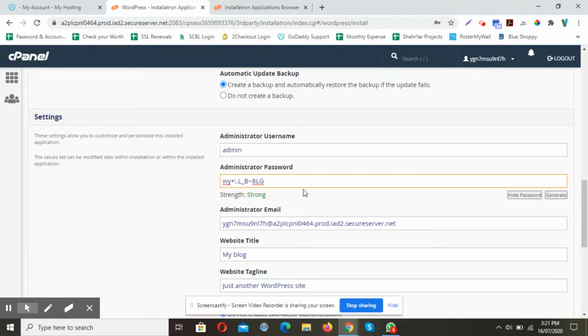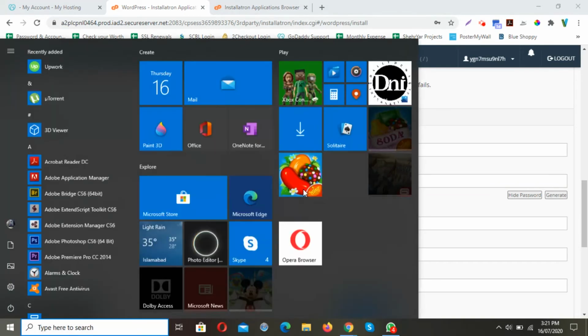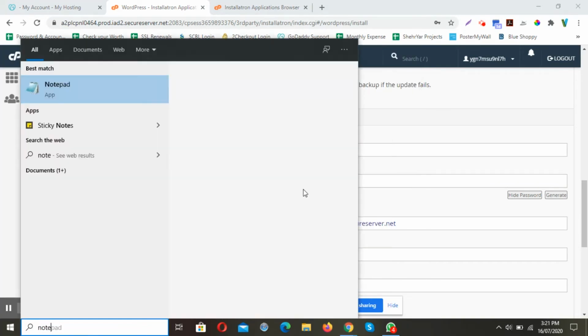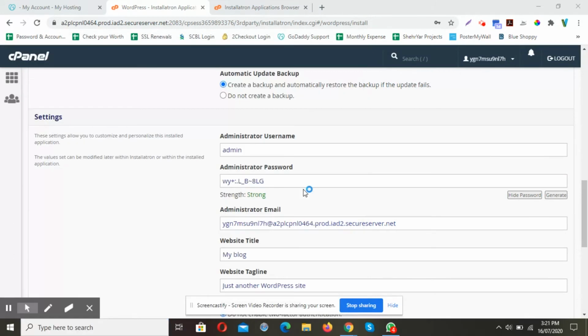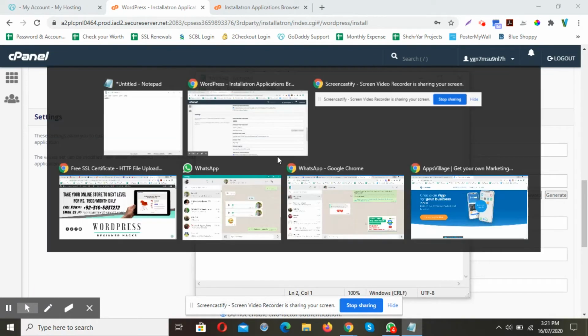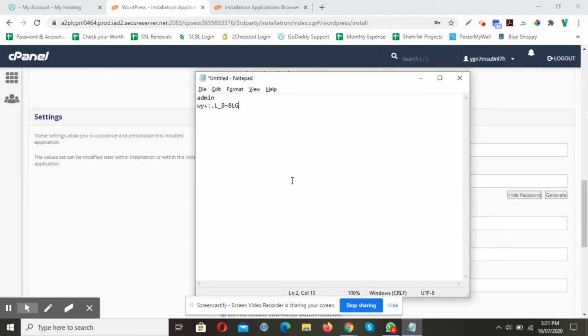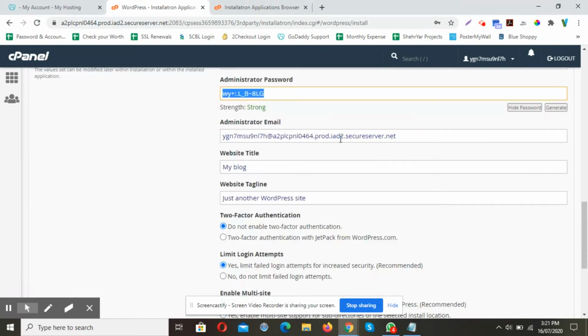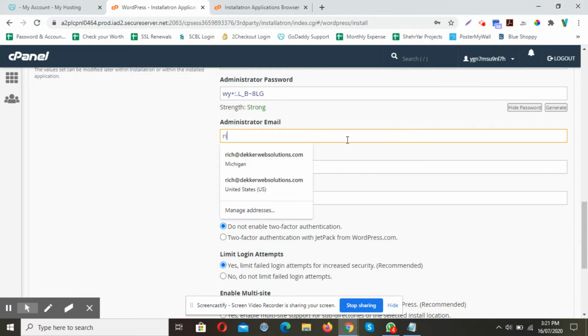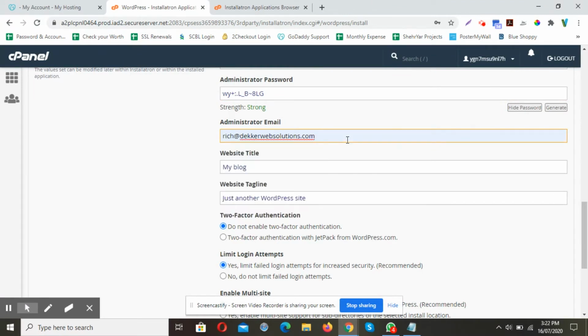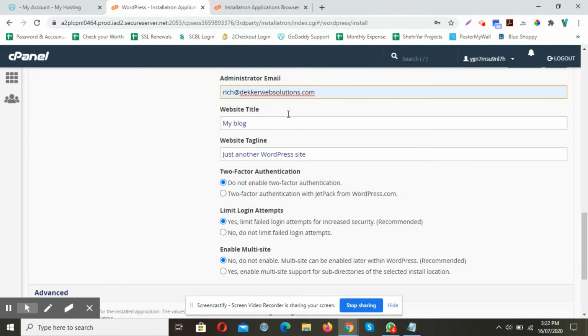I need to also copy these credentials so that I can use it later. I always make these things available within my local machine so that when I need these things, I can actually get these from my details.